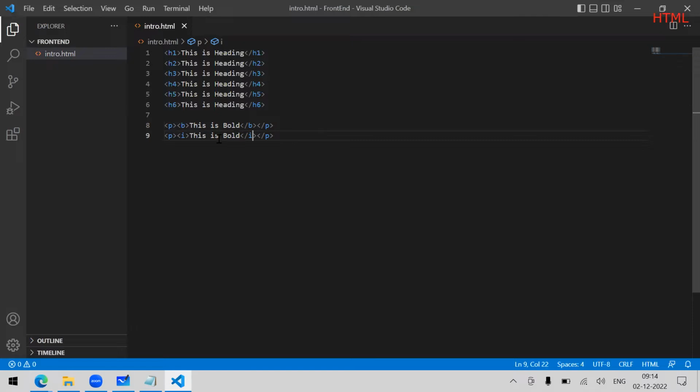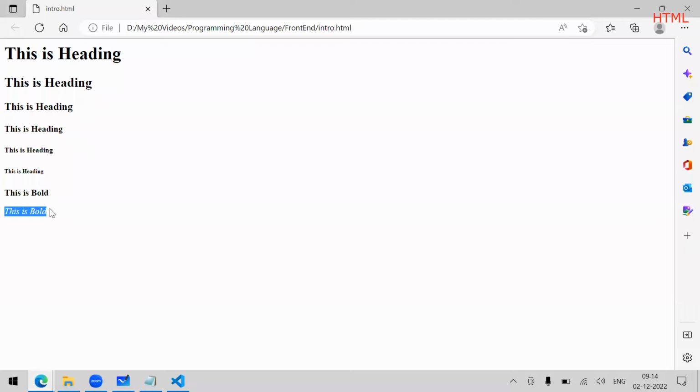One more tag is there. If I want to make this stronger, I will use strong tag. Whatever text I add between strong tag will be bolder. So here you can see it is not bolder. If I run this now, it looks bolder. Okay, it looks bold. So this is how B tag, bold tag is there, strong tag is there, italic is there, then